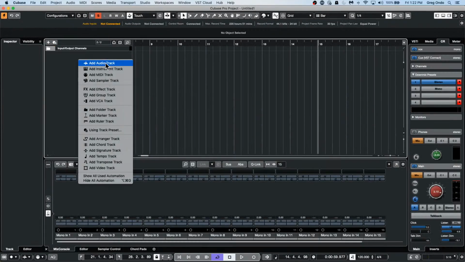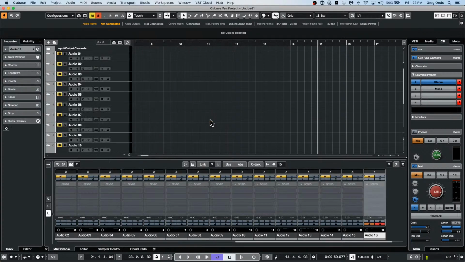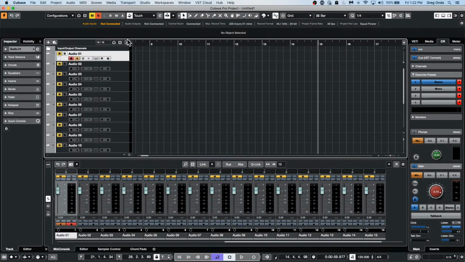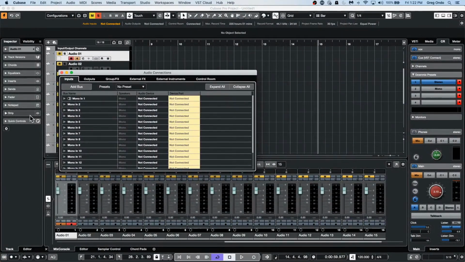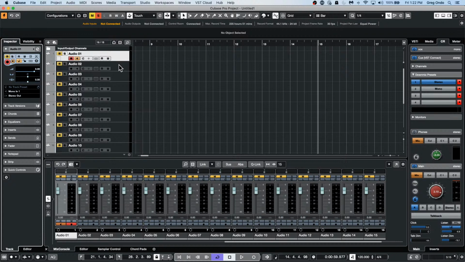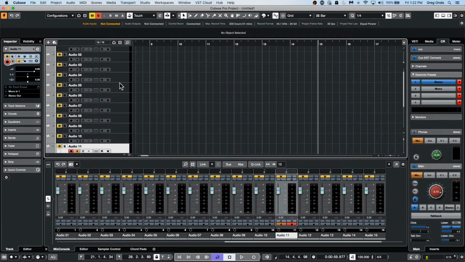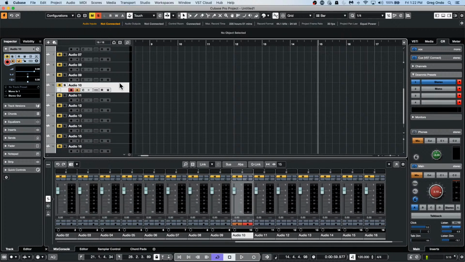So there are some handy shortcuts we can use for this. Let's say I want to do 16 tracks. When we go to my audio connections, I have 16 mono ins. If I wanted to change the inputs so that they're sequential instead of all being routed to the same input, I will just select